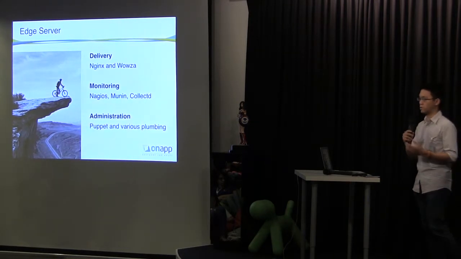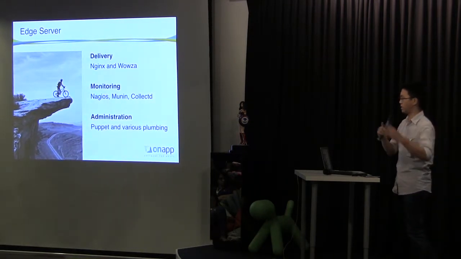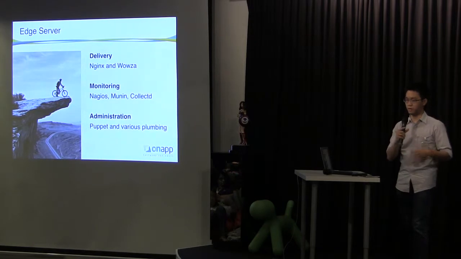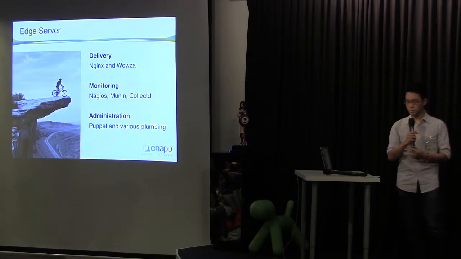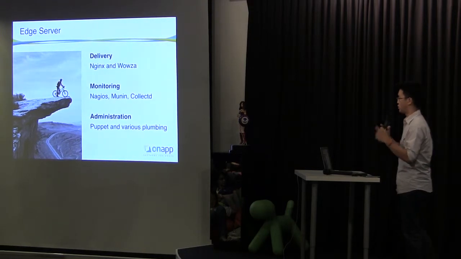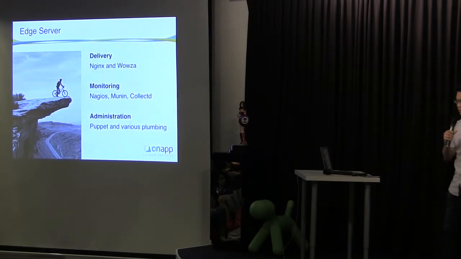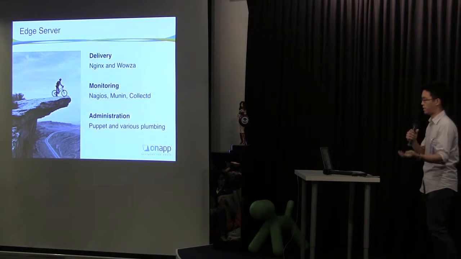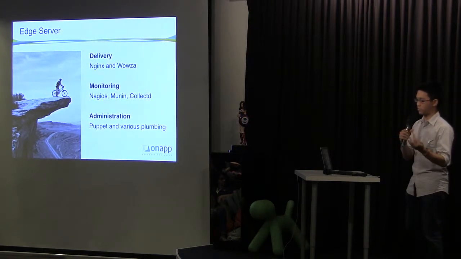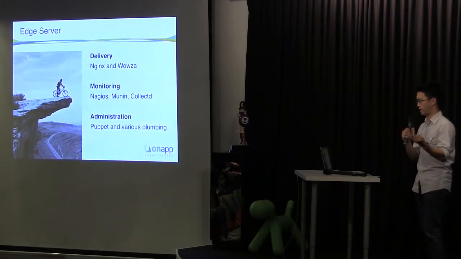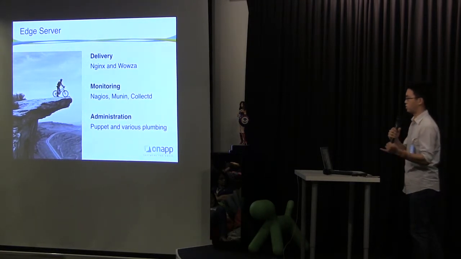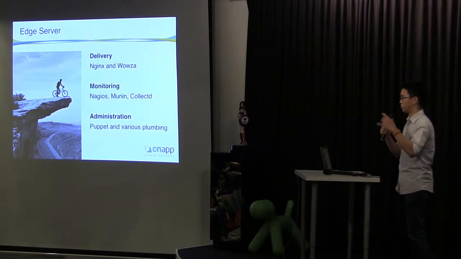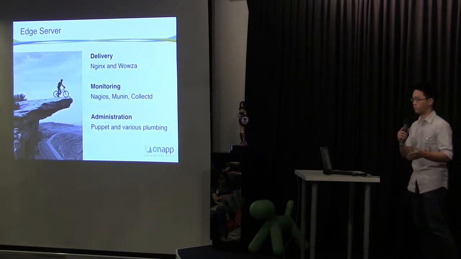Instead of defining virtual hosts as in Nginx server blocks, or in Apache it would be like virtual host blocks, we define everything in a JSON file. So the JSON file would have your CDN site's name, aliases, your customer ID, and your origin. And it's very, very compact compared to defining a full virtual host, which can take about a few tens of